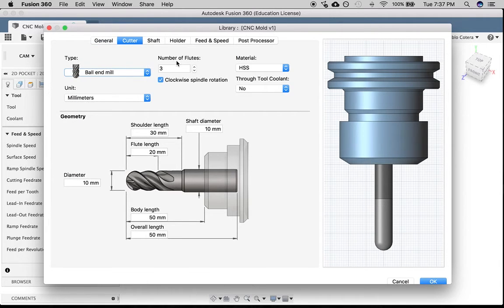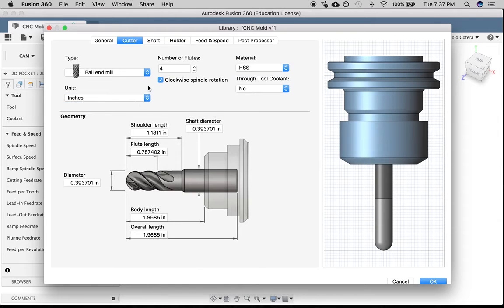The number of flutes I'll explain to you, but it's basically how many flutes we have here. Normally the ones we have have 4 flutes. Okay, this is just in order for the machine to do some calculations. We have high-speed steel, so this material is okay. We don't have coolant through the tool, so let's just leave it like that. And then here in millimeters we'll change to inches, right? And here the diameter would be